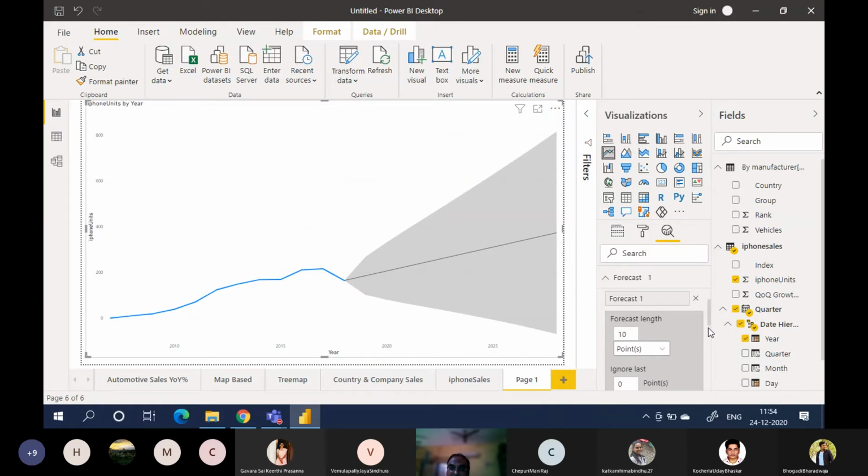Forecast length 10 points. Seasonality auto. Transparency 8. Line style solid.